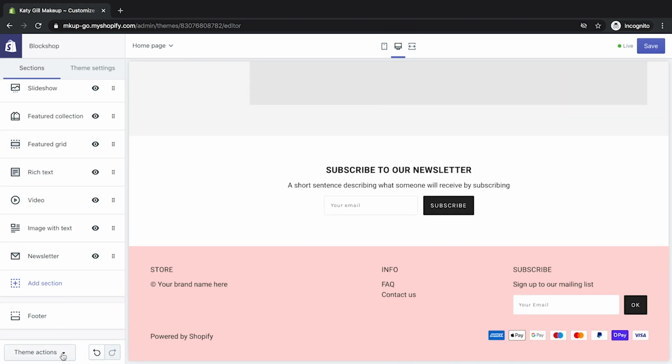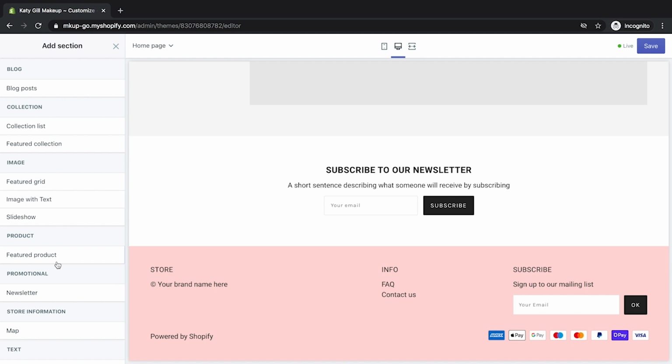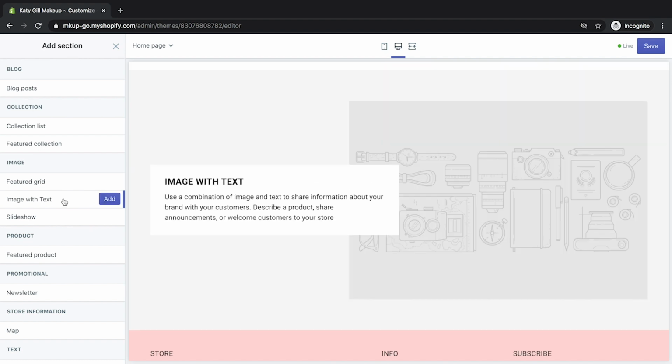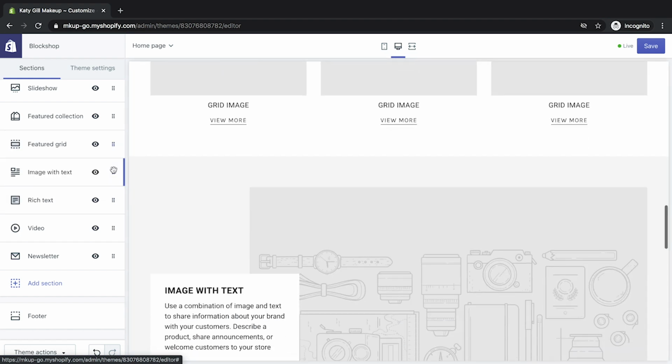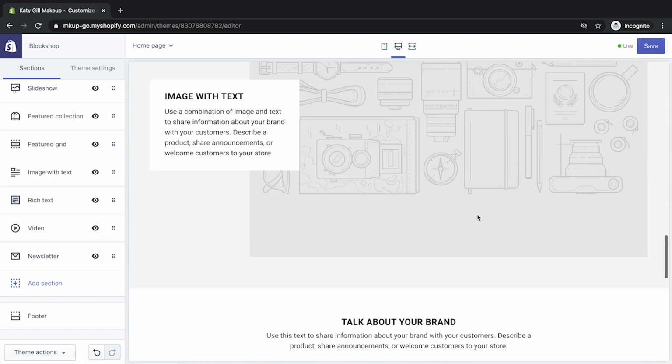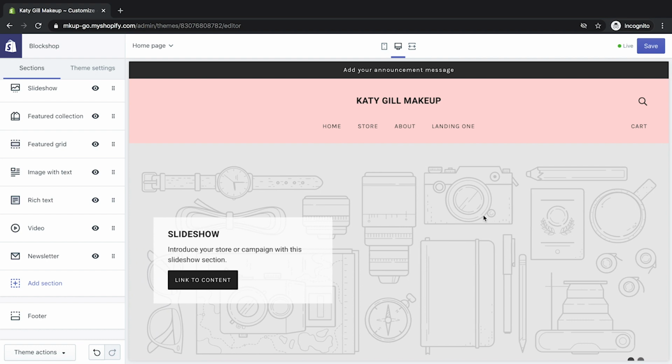Now, of course, you can add a section here. So preview theme edit code. If you go to add section, it will tell you which one you want to do. So you can add multiples of the same section. Image of text, you can add that many times. You can go in, click add, and that will go into there. And then once you've done this, you could obviously change the order that you want, and it will just update live for you. It's a great little system, this. I wish they allowed it around the rest of the website on the other pages, but hey ho, this is where we are, and this is all we need at the moment.